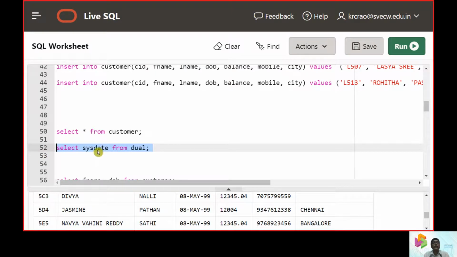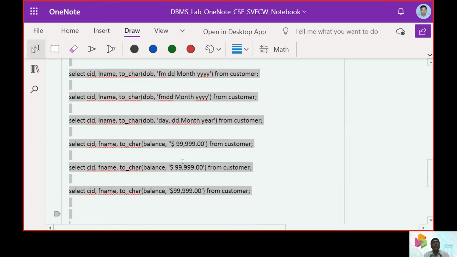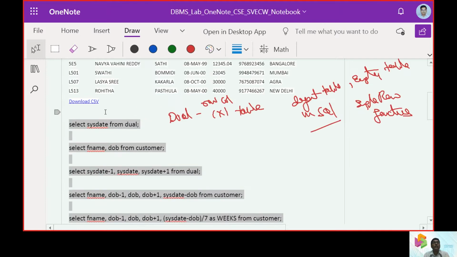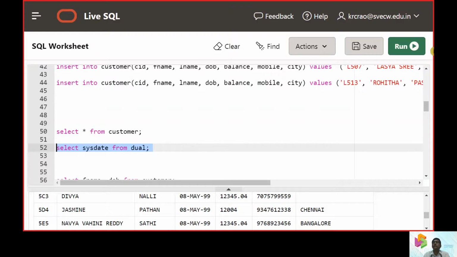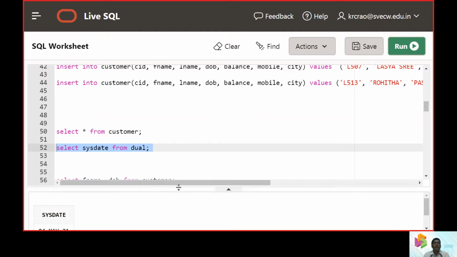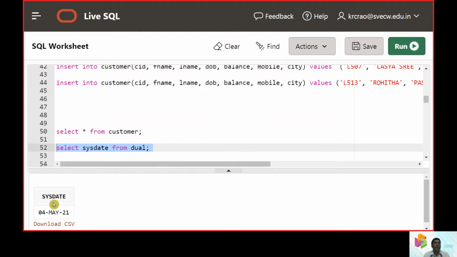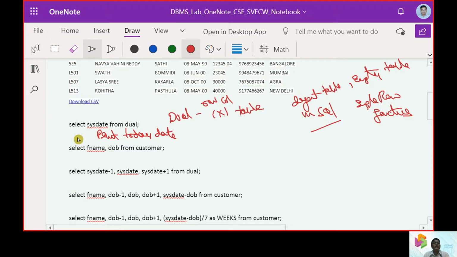So we need to use a command called sysdate. What this sysdate does is print today's date, whatever it is on the system. So that date is going to be displayed. You can see this. It is today's date, 2021.